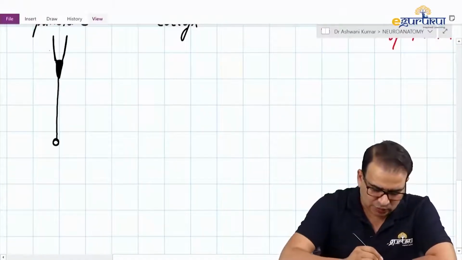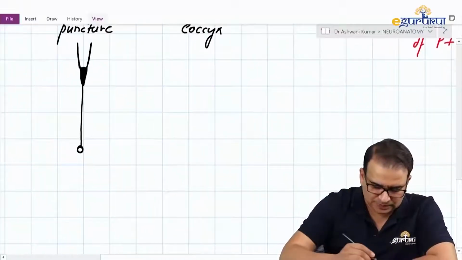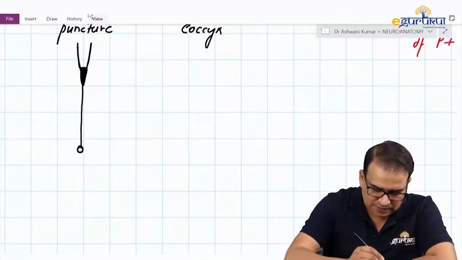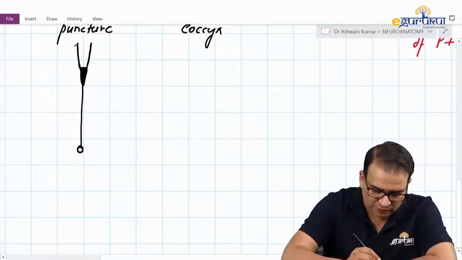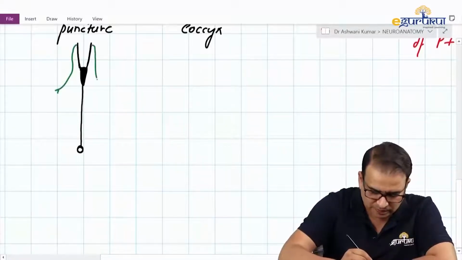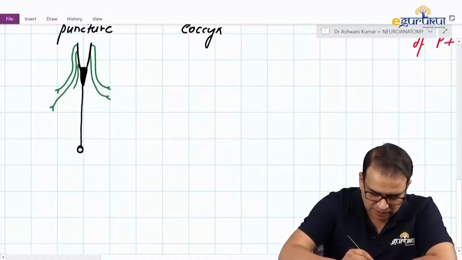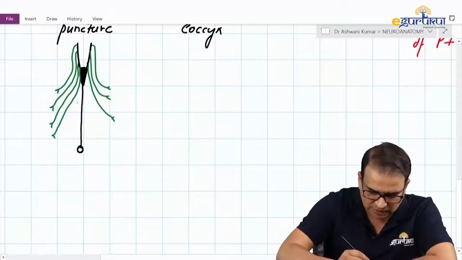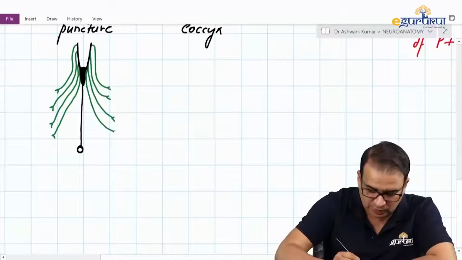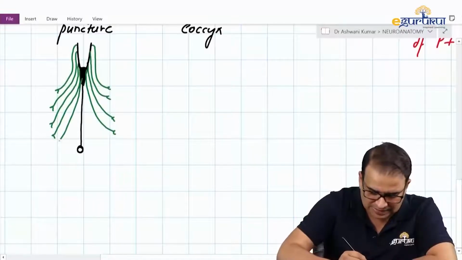What I'm trying to show you is that the nerves coming from different levels, like we have a nerve coming out like this and emerging at this point here. We must have a nerve coming out even further and emerging at this level from the respective intervertebral foramen, and so on. The nerves will keep coming down here, and they will keep coming out from the respective part of the spine, the respective intervertebral foramen, and that is the one